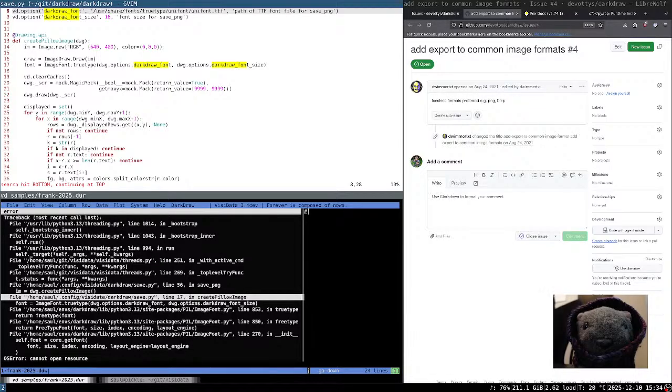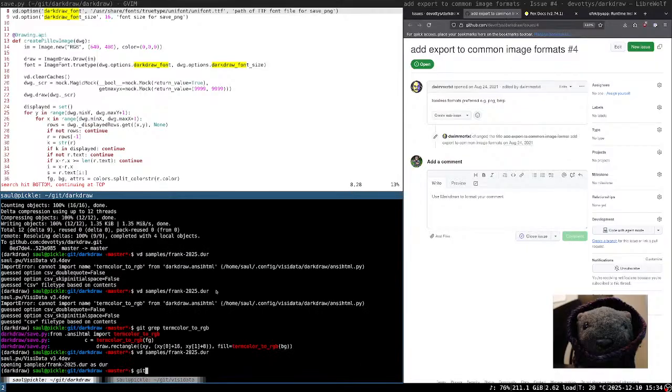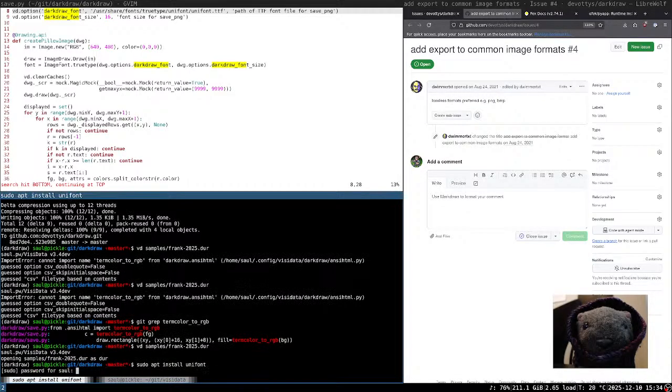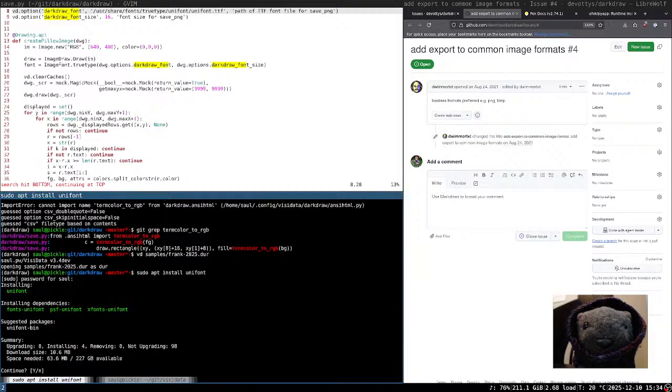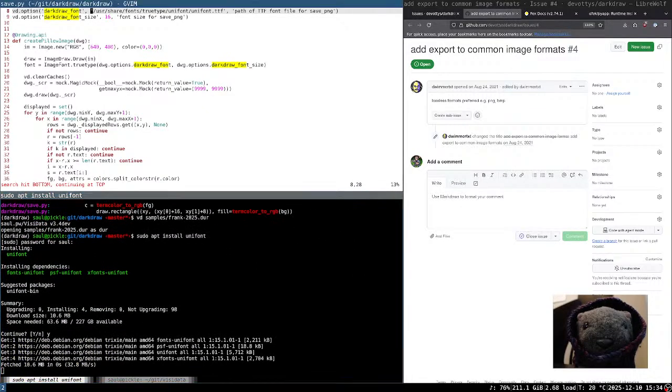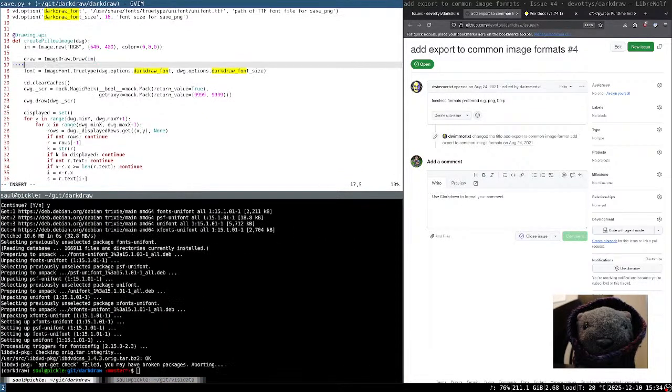Oh, okay, fine. Make sure that the darkdraw font is installed. If path not path